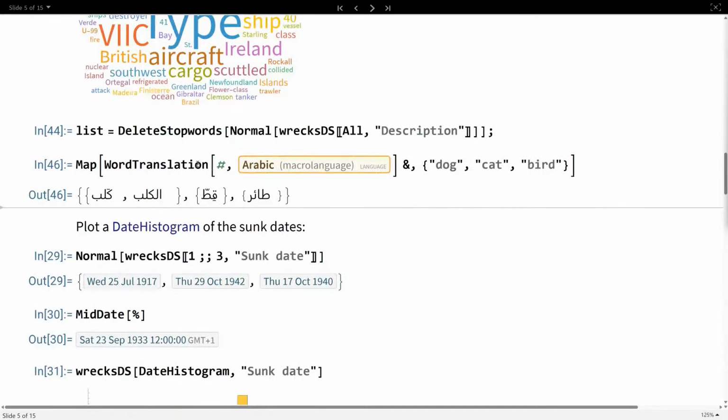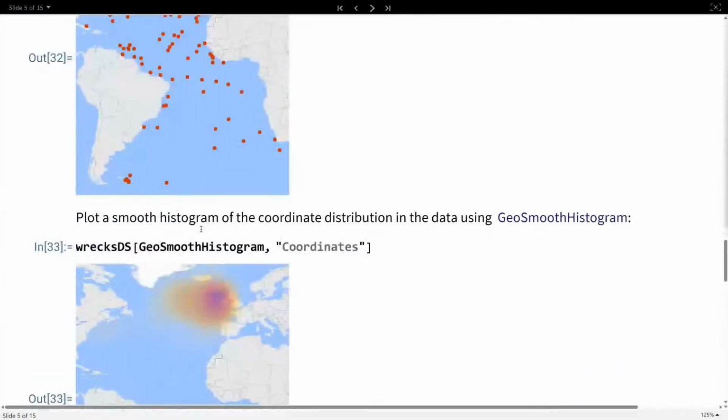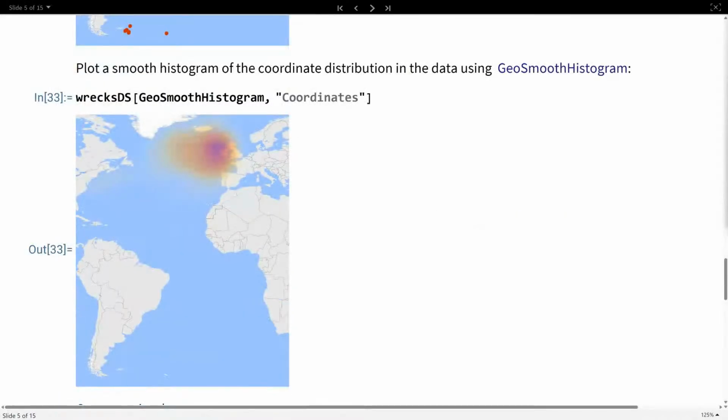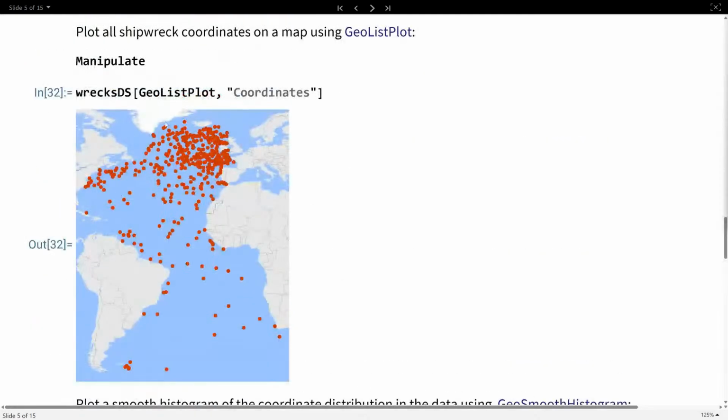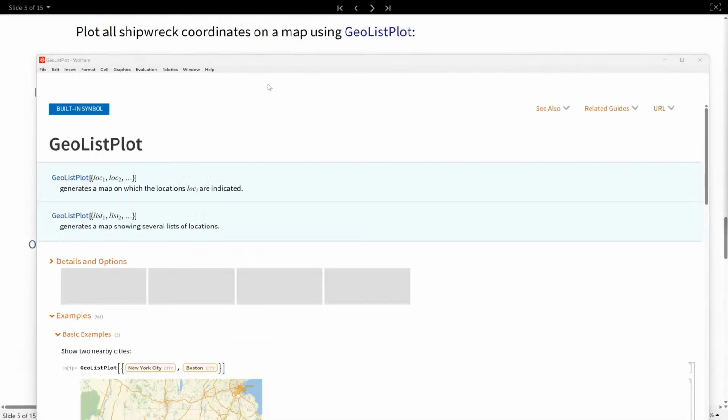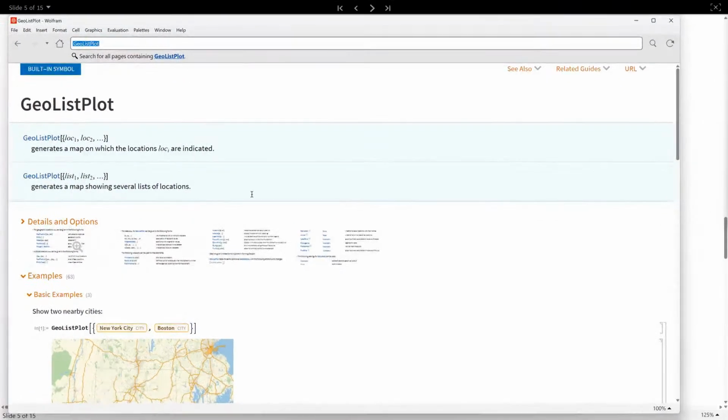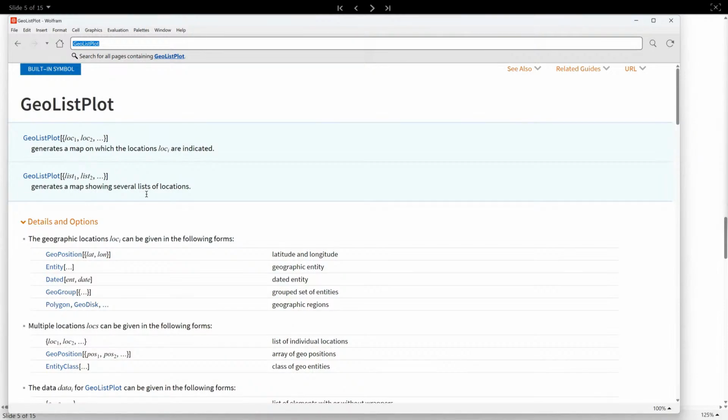Oh, interesting aside there. Someone has asked, can GeoListPlot do coordinate projection, i.e., from geodetic coordinates to UTM? Yes, it can. We actually have a whole other webinar on this, so look out for Geographics with Wolfram Language. But I'm in the documentation of GeoListPlot here, and if I go into the details and